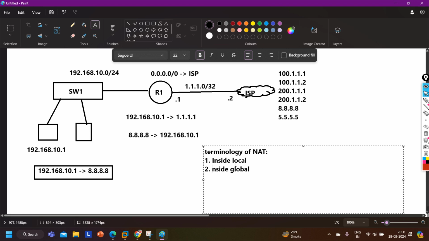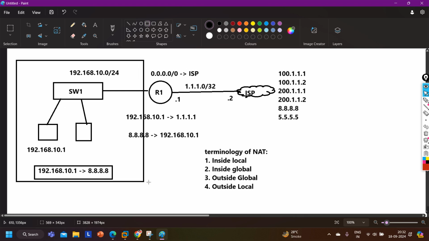Third one is outside global, and fourth one is outside local.